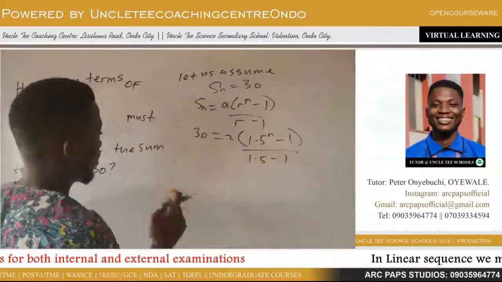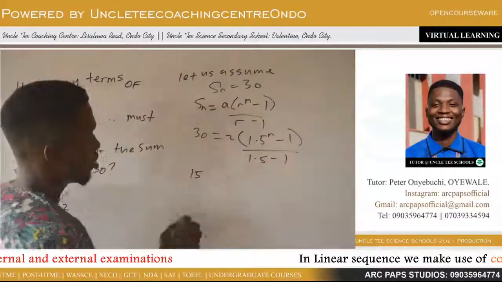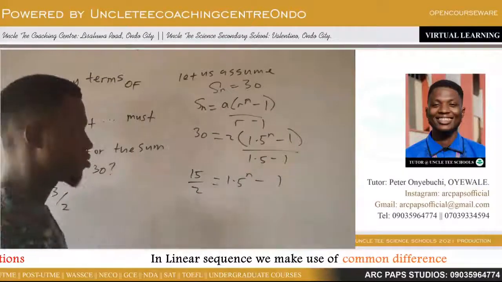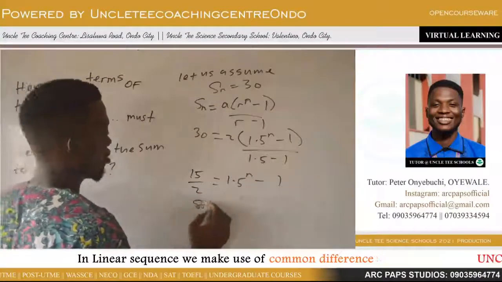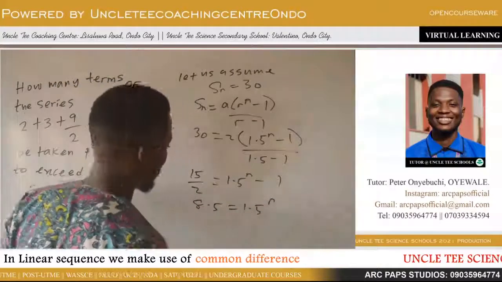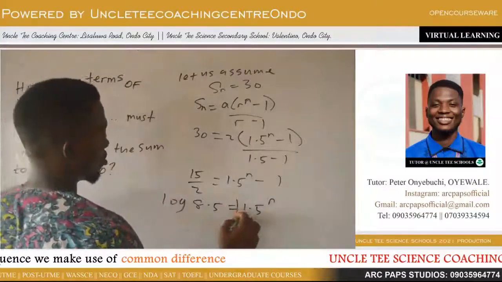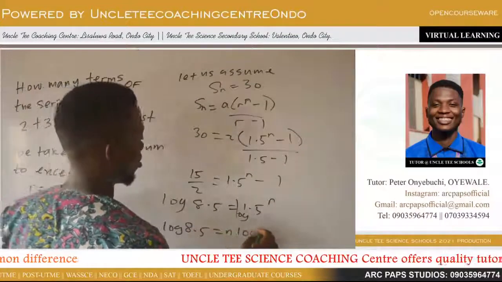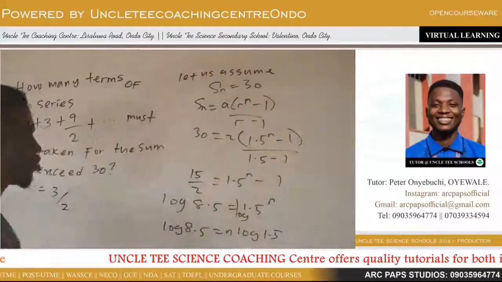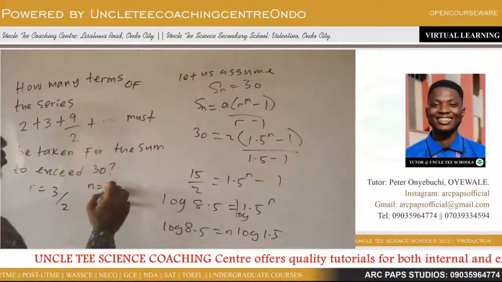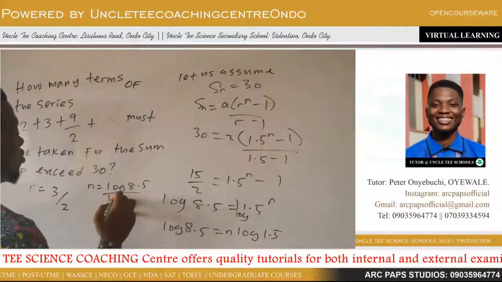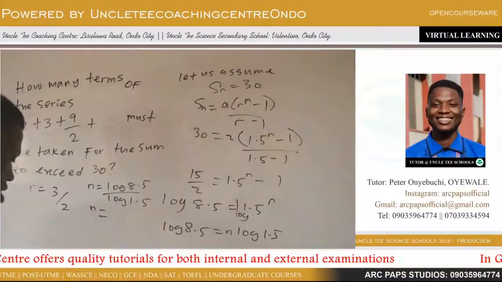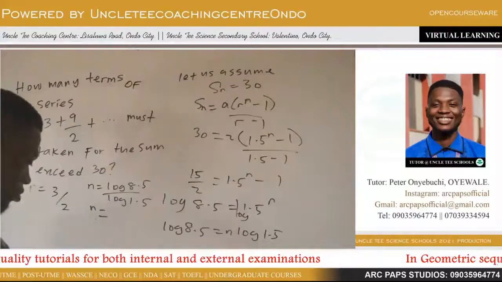Now, 30 over 2, which is 15, divided by 0.5 is equal to 1.5 raised to power n minus 1. Because 1.5 minus 1 is 0.5, 0.5 times 15, that's why we get 15 over 2. So 15 over 2 is 7.5. 7.5 plus 1, that is 8.5. Let's take the log of both sides. Our n will be equal to log 8.5 divided by log 1.5. Using your calculator, log 8.5 divided by log 1.5 will give us